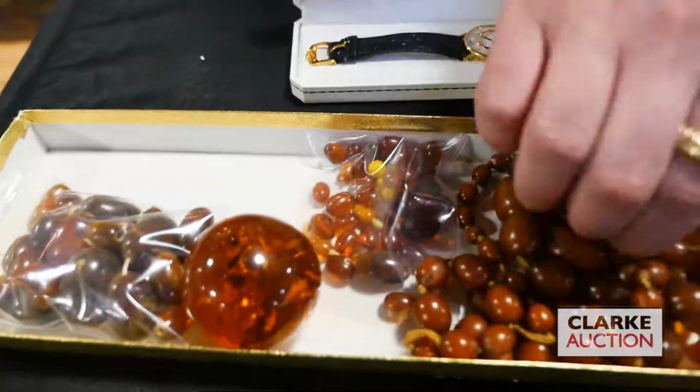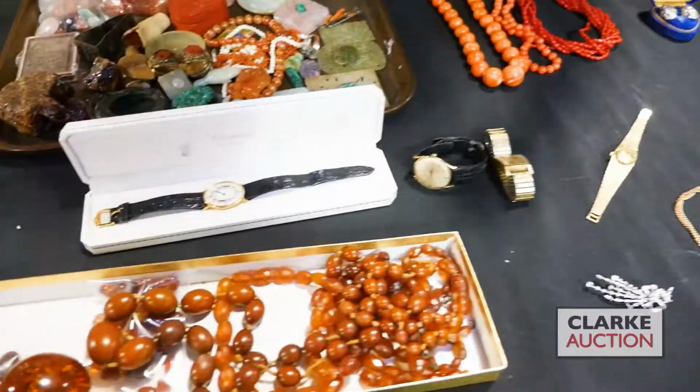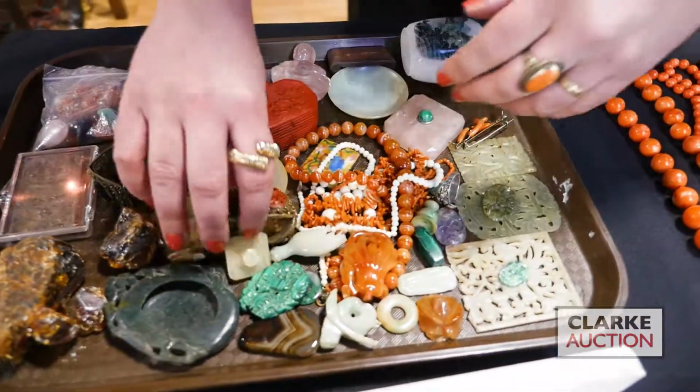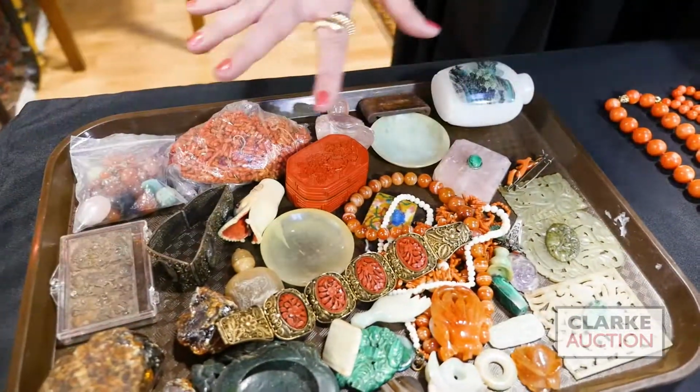Grouping of amber jewelry. This is the nicest piece in the lot, large graduated beads. Interesting lot out of New Jersey estate, just an eclectic mix. We have cinnabar, we have banded agate, we have jade, we have resin, we have a whole group here at 400 to